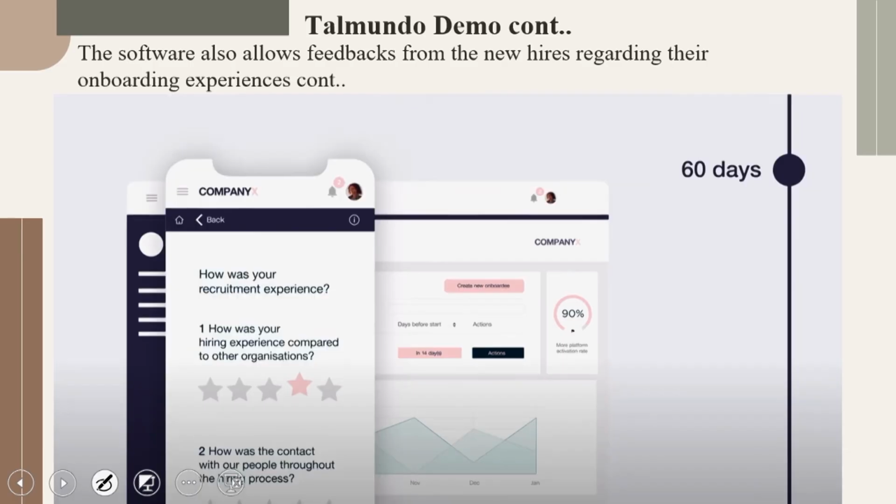So when you are looking into the software, it also allows feedback from new hires, as I have already told. So based on that, you can have specific questions. The employer can ask you, how was your hiring experience compared to other organizations? Let's say you have a good amount of experience in some other organization, so that happens to be a test dose where you can actually state how you felt the onboarding was, and how the company fared in comparison to your previous organization, or vice versa. So this could be some of the inputs that the employer also gets on your behalf without having any trouble.